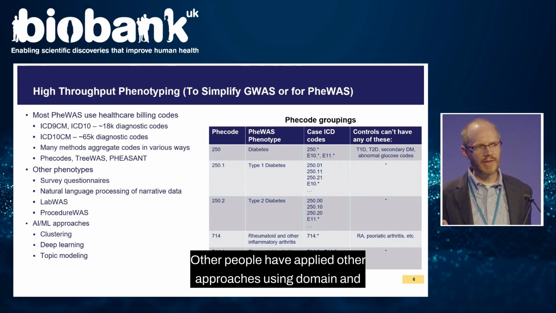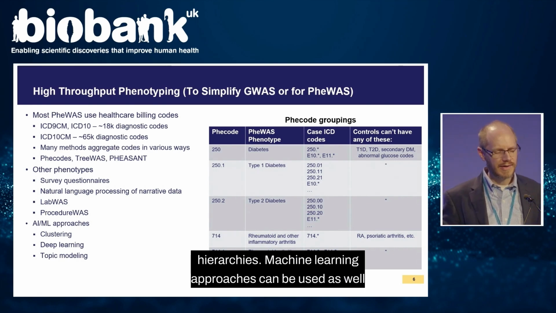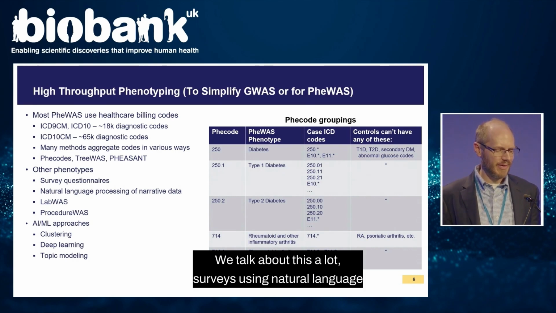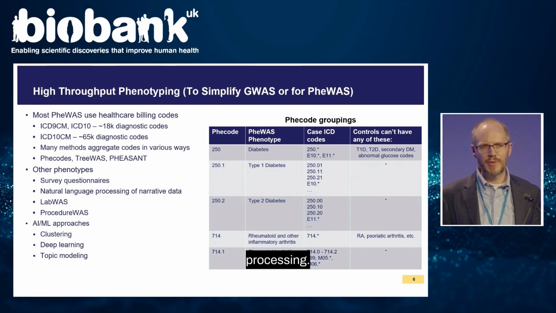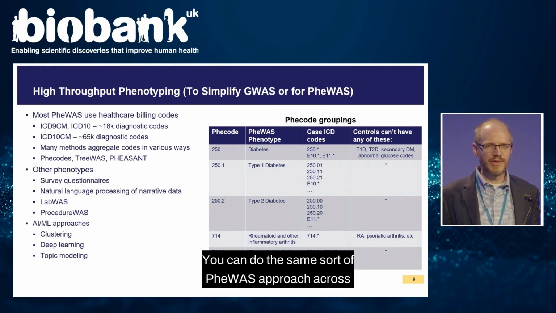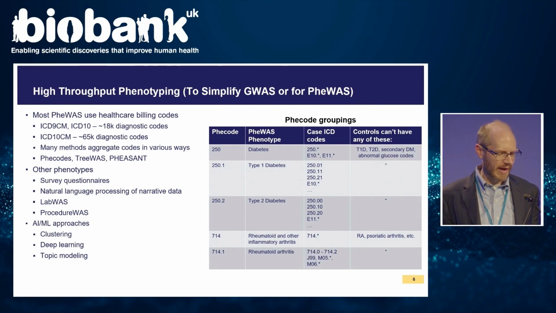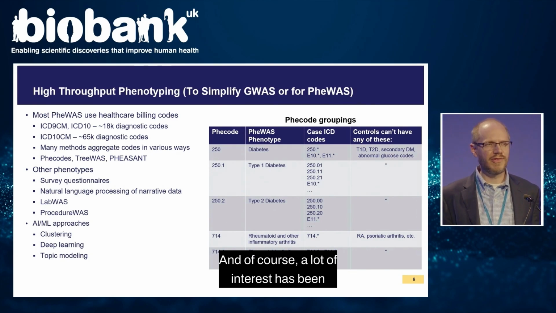Other people have applied other approaches using domain and controlled terminology hierarchies. Machine learning approaches can be used as well to group related codes. There are, of course, other types of phenotypes. We talk about this a lot. Surveys, using natural language processing. You can do the same sort of FEWAS approach across laboratories or procedures. And, of course, a lot of interest has been